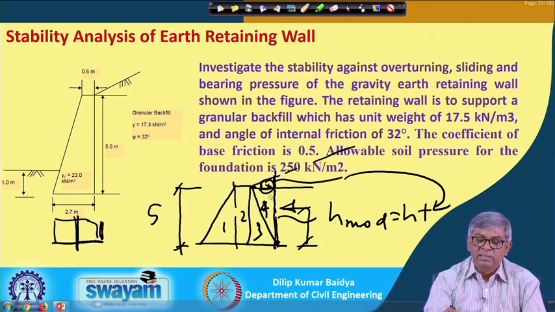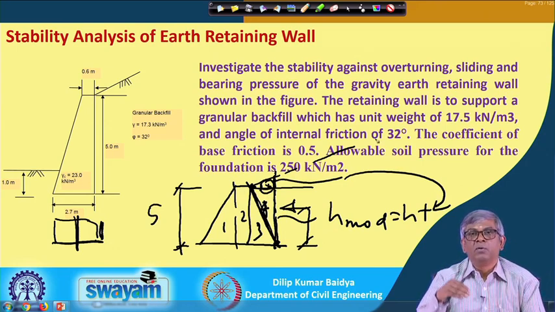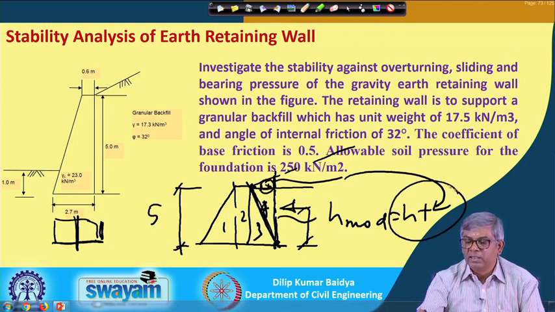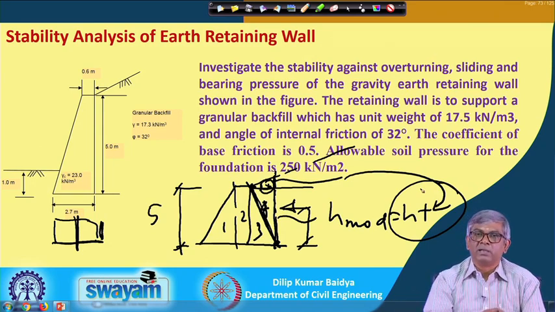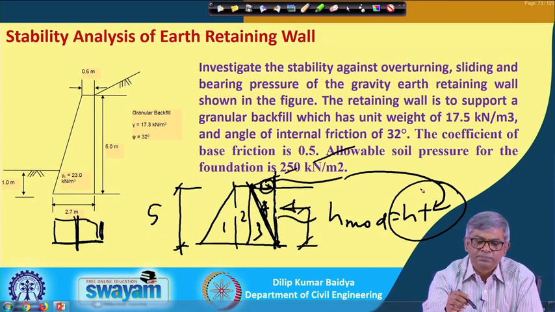If additionally this type of back slope is there, then what will I do? From the heel point I will draw a vertical line up to the ground surface, and then I will see: if it is a level backfill, then the height will not change. If it is a sloped backfill, the height of the wall will be modified and will be more than the actual height, which has to be calculated. Considering that height of the wall, you have to calculate the earth pressure and all the other things; otherwise all the rest of the things are similar.